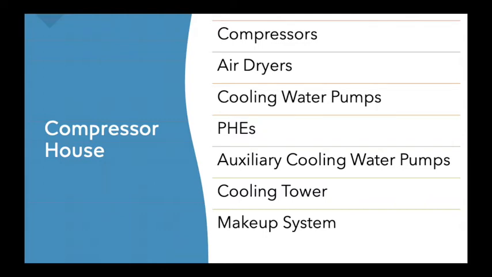Compressors would be of two types mainly, if I categorize them as plant air and instrument air, and these compressors can be further subcategorized as centrifugal compressors, reciprocating compressors, or screw compressors. In my next video I would be discussing these compressors only. Then you will find the dryers. Again, dryers would be of different types or different designs. Nowadays we have rotating type dryers also. Earlier we had blower type dryers also. So there would be different designs for the dryers, and again I'm making a video on that.